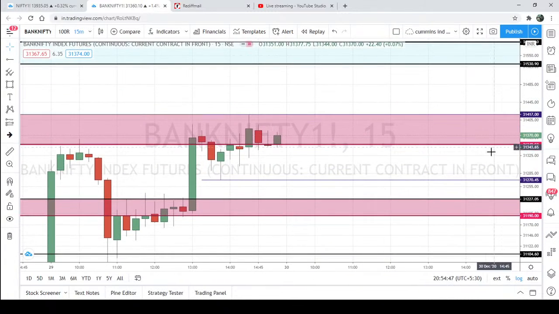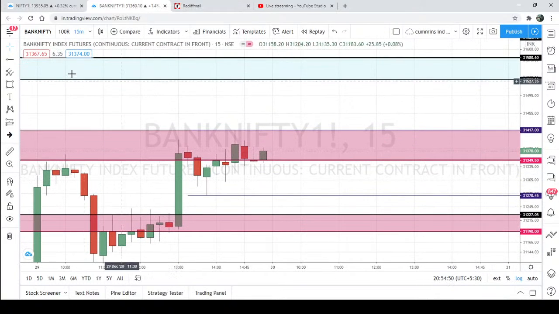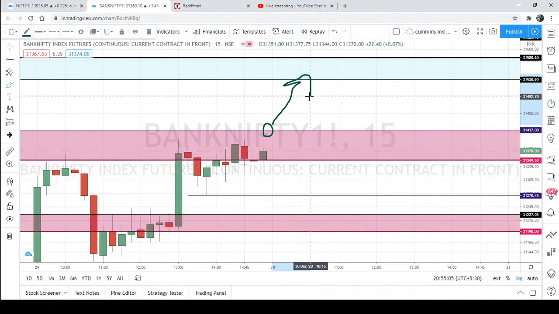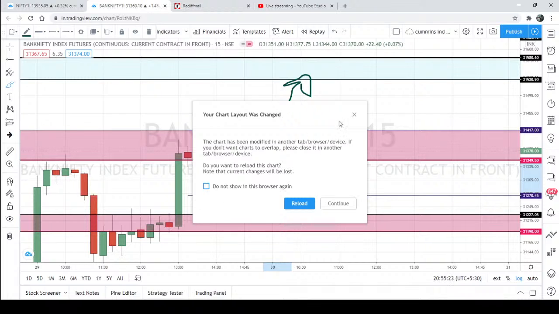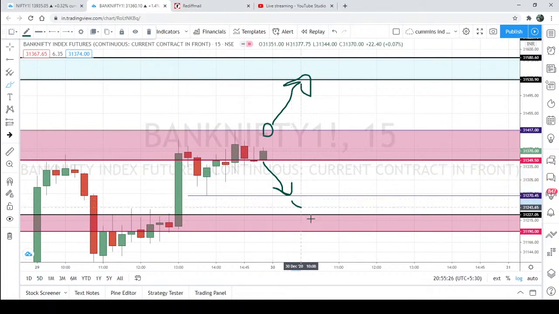Now for tomorrow I have a very simple trade plan. Any breach above today's high, any close above today's high, we can expect the 31,530 to 31,580 zone, right? We can expect prices to reach this level. And in case price moves on the downside, yes, we have the first hurdle somewhere around 31,270. It was a spinning top that we had seen in the 2-hour candle, 31,270, and below this it can enter somewhere around 31,227. Let me mark the zones as well.